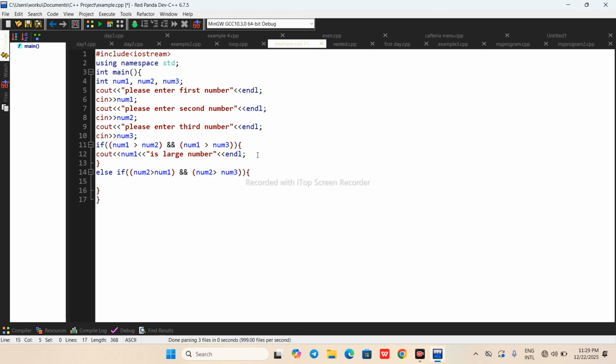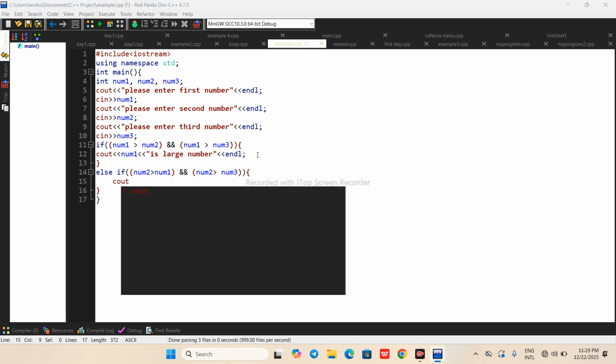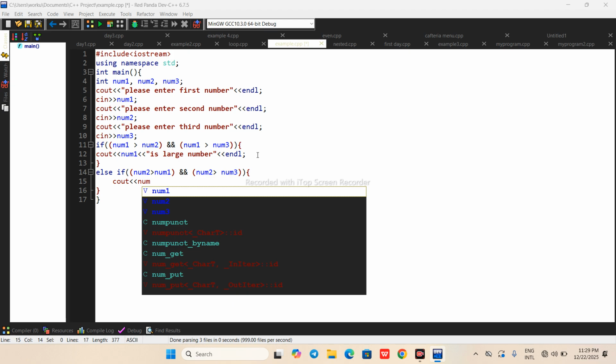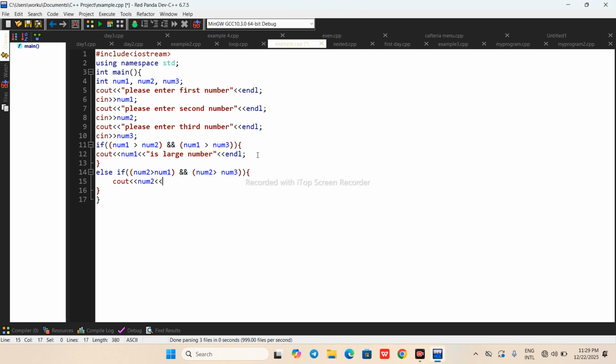So this will be the body of else if. So cout num2 is large number.